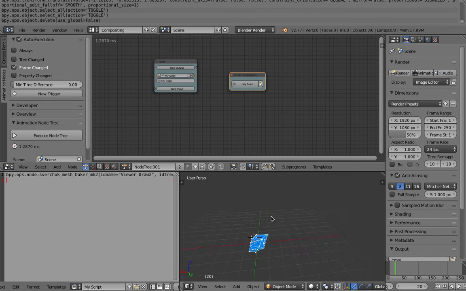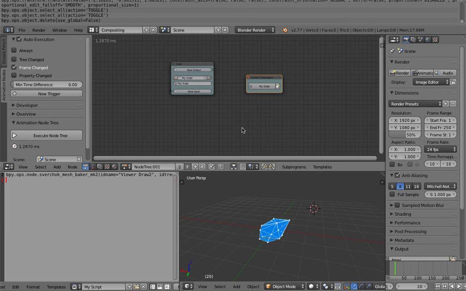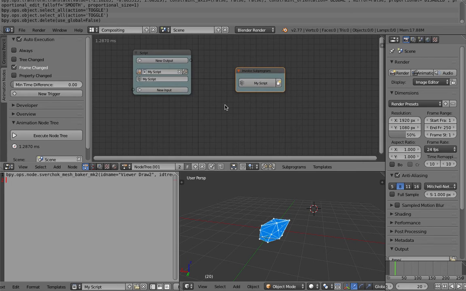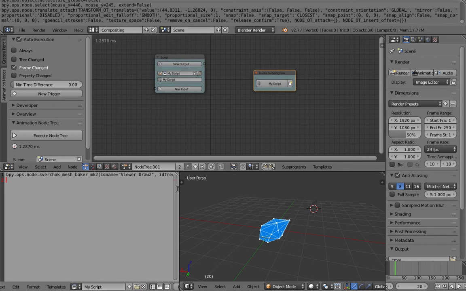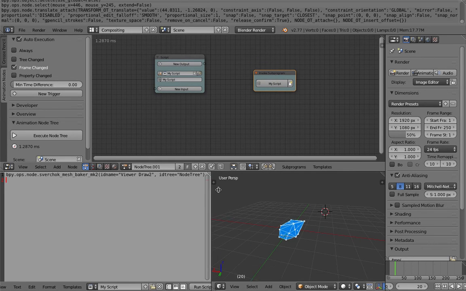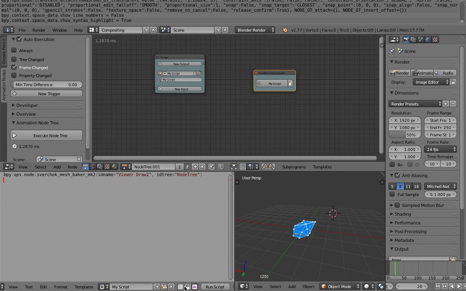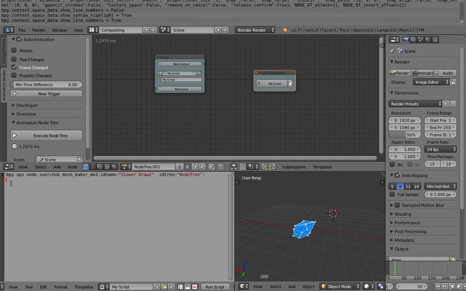There is one trick you can use. Instead of generating every frame, we can skip frames. At the moment the script is called every frame change, but we can tell Animation Nodes to only run the script if the frame number